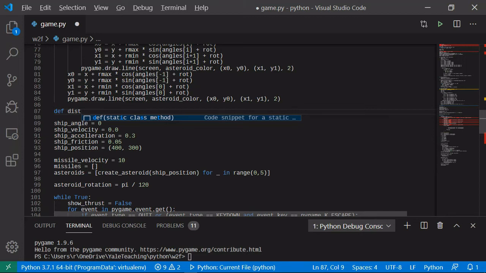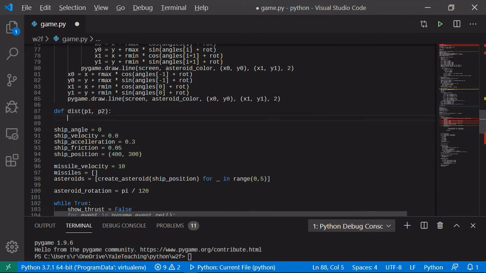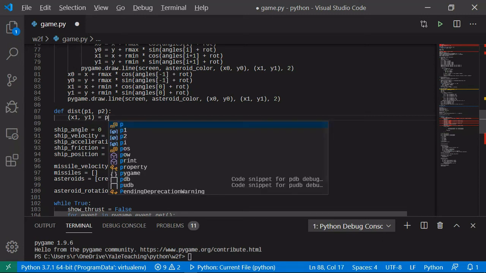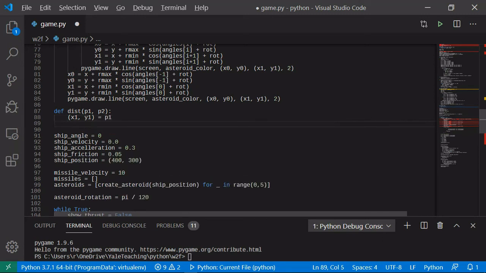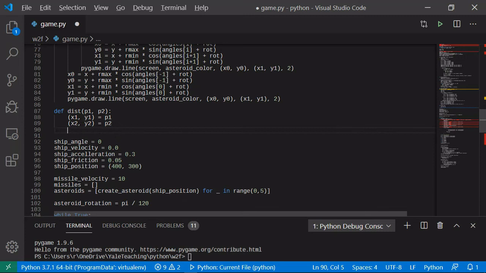So if I have two positions, P1 and P2, with x1, y1 being P1 and x2, y2 being P2, right? The distance is going to be the square root of